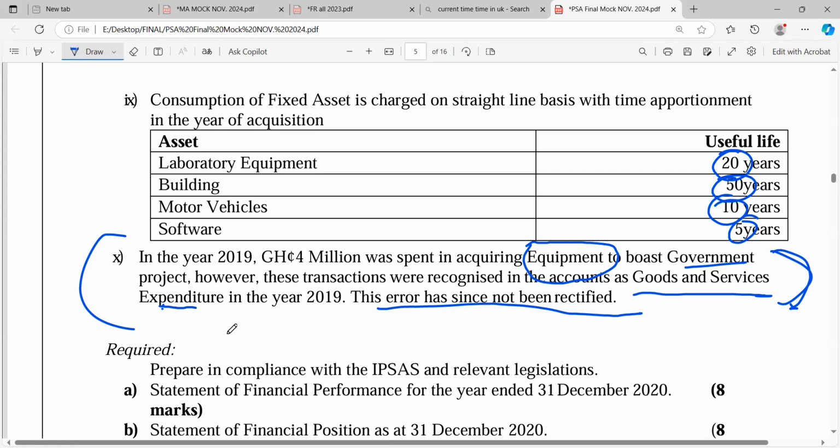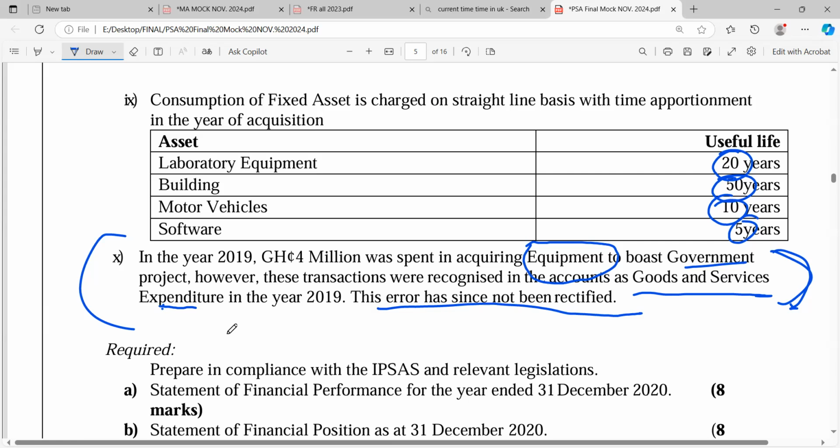And then charge the depreciation. After adding back, when you add it there, one leg, then you come and add it to equipment. That's the second leg. Then you come to the depreciation. Calculate last year's depreciation that they failed to calculate because they charged it as an expense, they will not depreciate it. So after calculating the depreciation, it's equipment, we divide by 20. So divide 4 million by 20. The answer you get is 1. You go and subtract it from the accumulated fund. 2, you come and subtract from the carrying amount. And that's all. You are done for that.